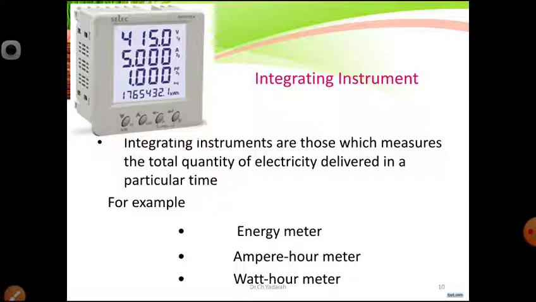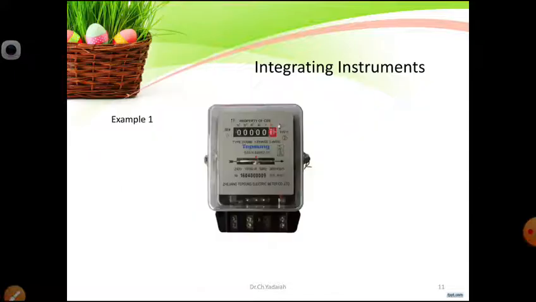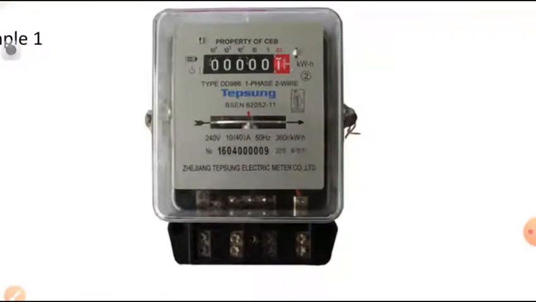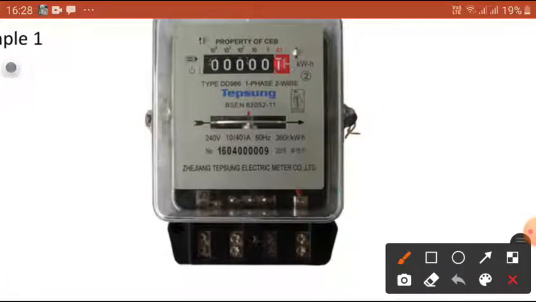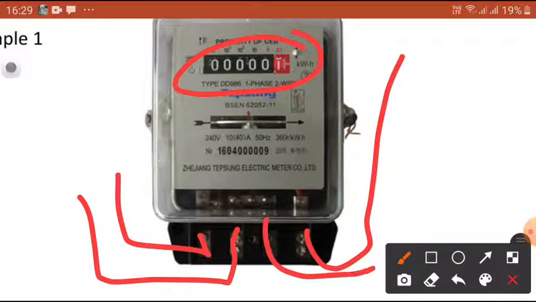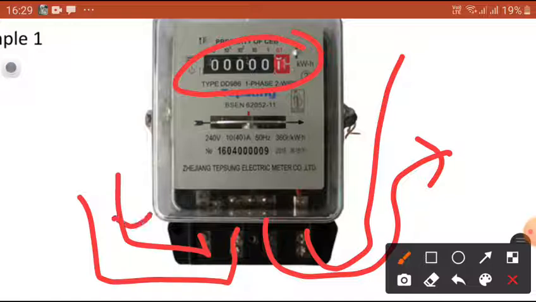Okay, now let us see what the energy meter is and how it appears. This is the energy meter, the integrating instrument. Initially the readings are 0 0. Here the phase and neutral are coming in. When supply comes, the current enters, and due to the pressure coil and the current coil, a torque is developed.